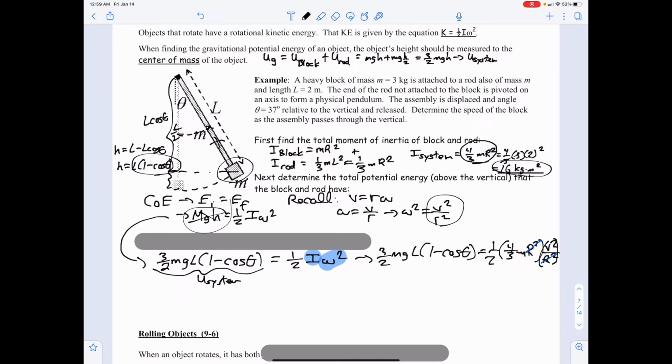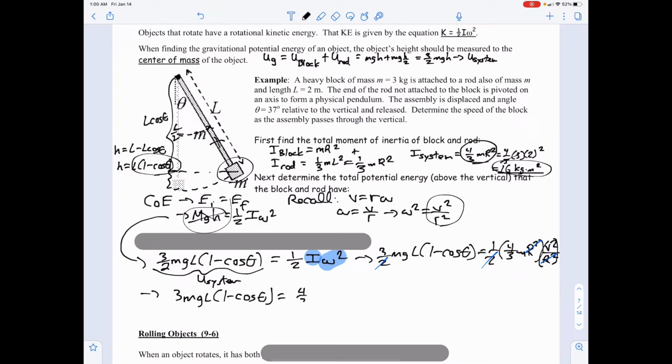I'll leave that part of it out for a second. Here's why. I can cancel out the 1/2 on both sides. There we are. Now I have 3 mgL times the quantity of 1 minus cosine theta, and that's